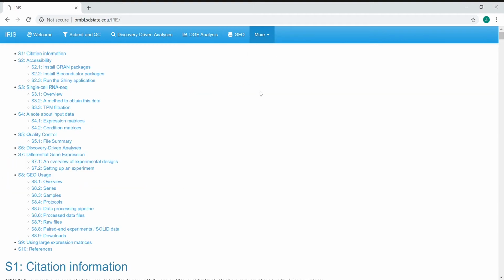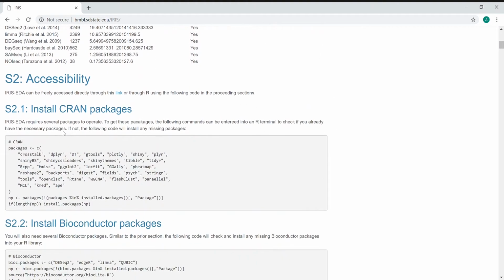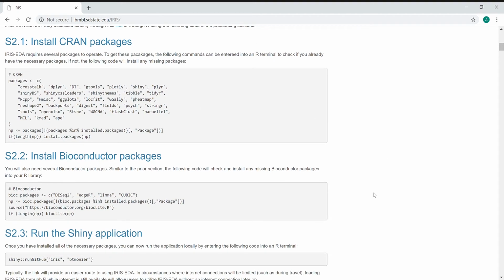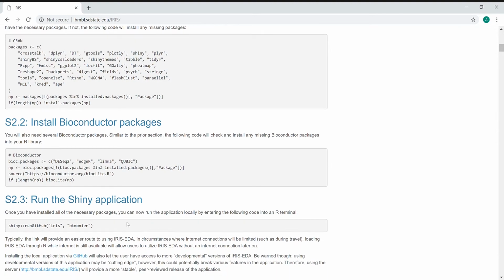If you have any other questions related to this server and how to use it, the More tab has a lot of information, such as the tutorial. It's a pretty detailed tutorial. It also has information related to how you can actually load the server from an R session as opposed to using it in a web server environment connected to the internet. So if you want to run this locally, offline, there's information here on how you'd run that